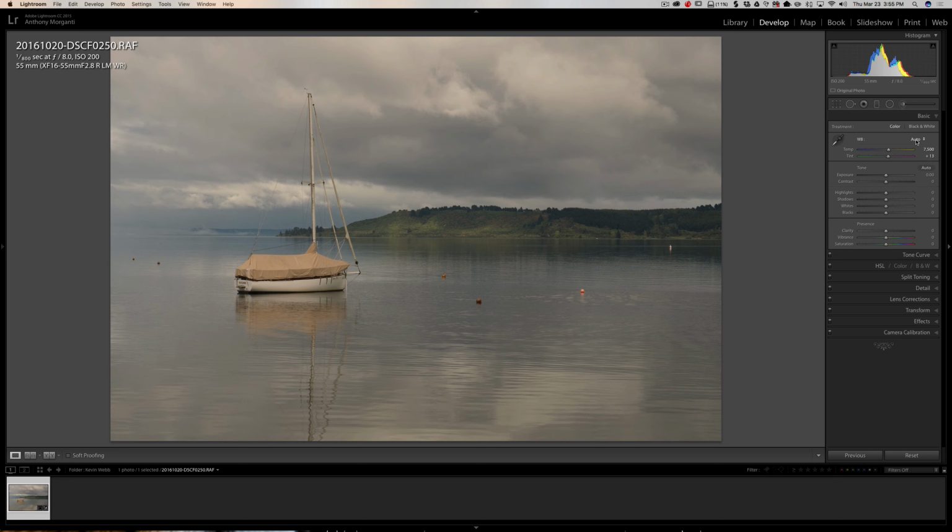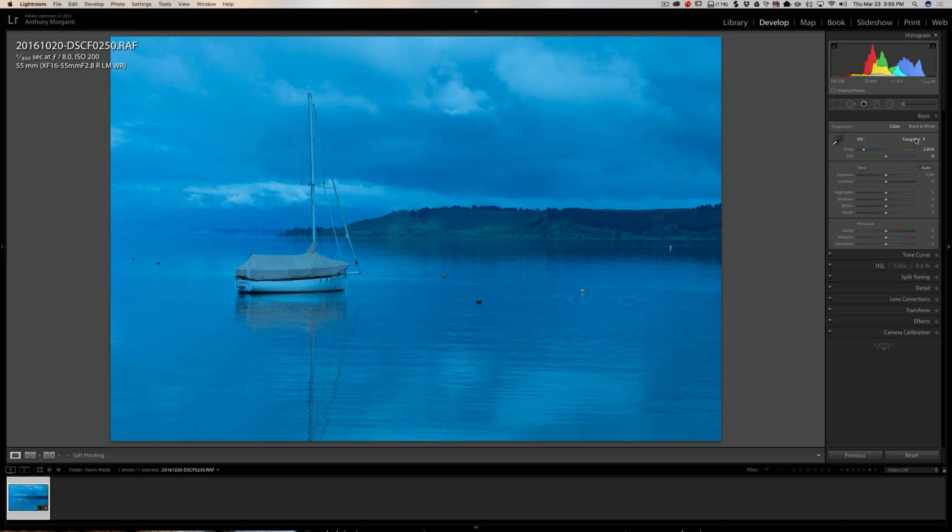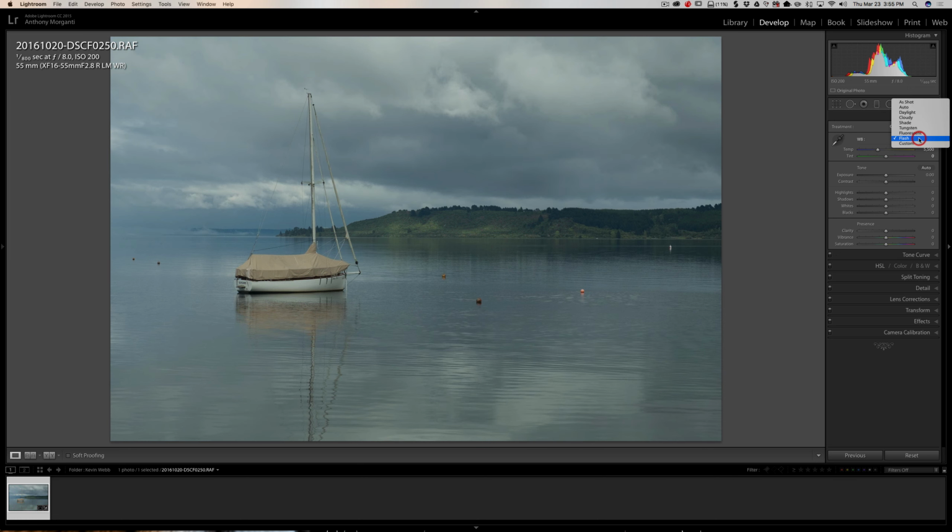And that warmed it up a little bit too much for my taste. Daylight. Daylight's a little closer to what I like. Cloudy's a little too warm also, just barely though. Shade's going to be warmer than that, so I don't care for that. Now, tungsten and fluorescent are going to go the wrong way. That's going to cool it way off, so we're not even going to try fluorescent. Flash sometimes will surprise you on a non-flash shot. It's okay. But I think what we'll do is we'll go to as shot, and I'm going to get a